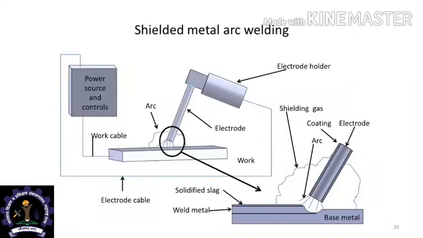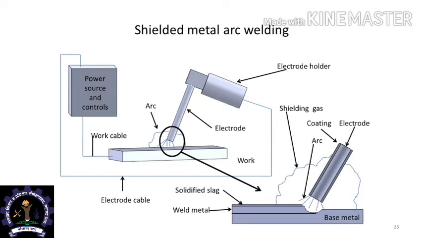So, in the second part we are going to go through a list of processes, a brief description of each of these processes, and then come to a summary of all the processes relevant for the analysis and modeling aspect of these welding processes. So, the first process that we are taking up is shielded metal arc welding, also called stick welding or manual metal arc welding.